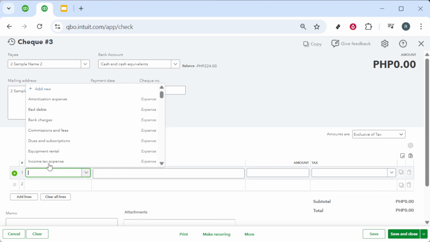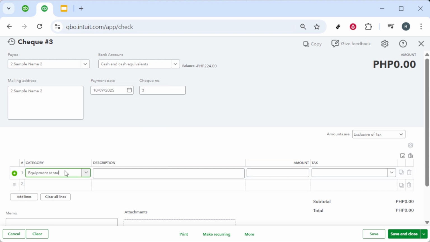Add a description if you want more clarity. Think of this as a memo for future you or anyone reviewing the books. A short note like pay period ending date or a brief purpose line makes reports much easier to interpret later. Enter the amount you're paying and then set the tax if it applies. In many cases, there's no sales tax on a